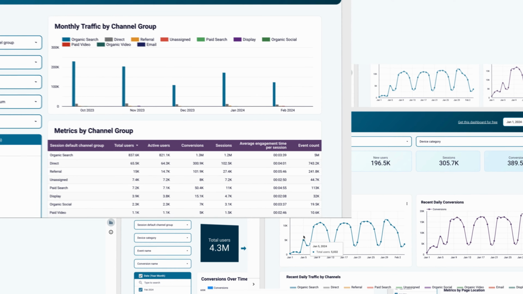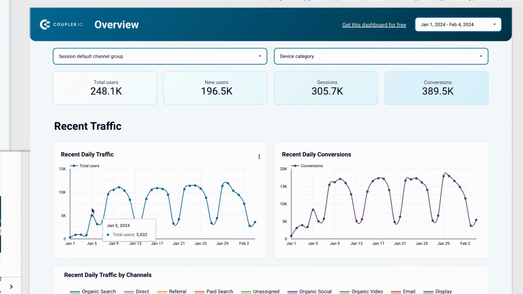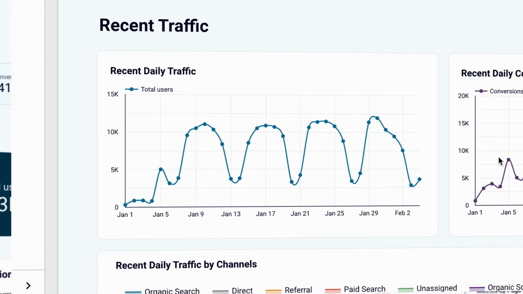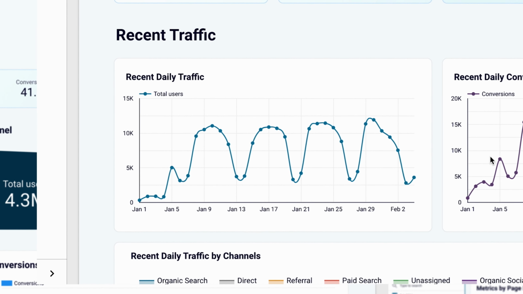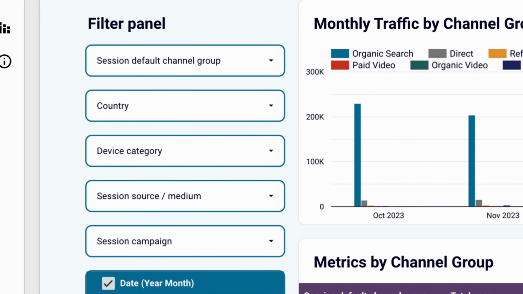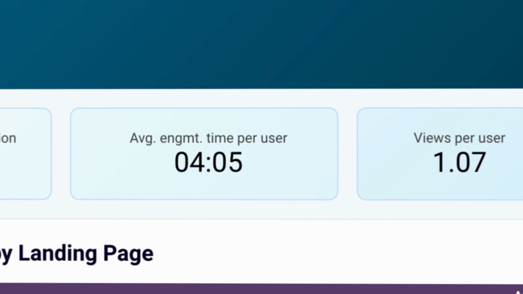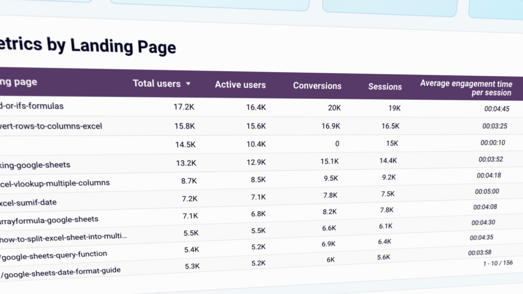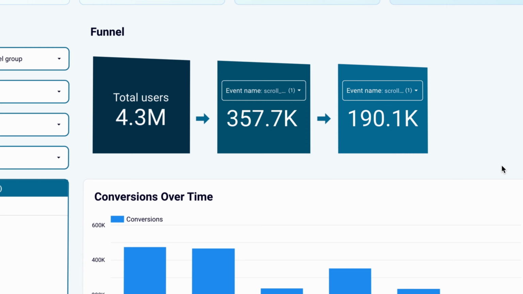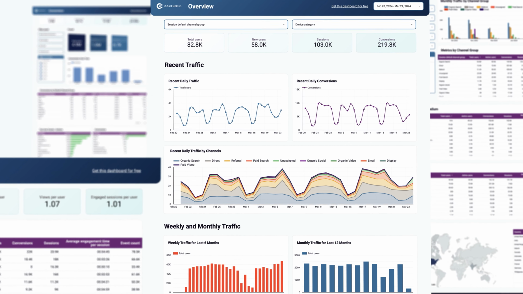Next up is a web analytics dashboard for Looker Studio, collecting data from Google Analytics 4. It's invaluable for tracking how traffic and conversions change every day. Should anything unexpected occur, you'll be the first to know. You can see the breakdown of traffic over time, filter data to get precisely what you need, and dive into the behavioral data just as you would in GA4. Explore the key metrics for each landing page, build and customize funnels, choosing freely from hundreds of available events. There are many more charts available with the Web Analytics Report template, so go ahead and explore it on your own.